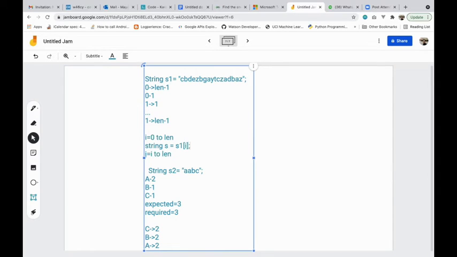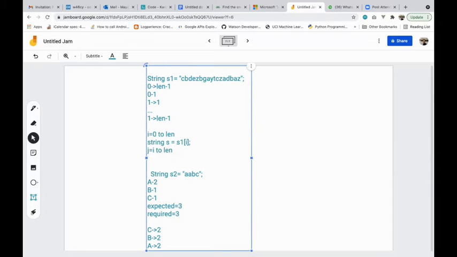So this will give me C, right? And then based on my jth index, I will add that character into my string, like S plus equal to S1 of j. So I did not do a pre-initialization here. I can do an empty initialization here, and from here I will add the corresponding jth character.